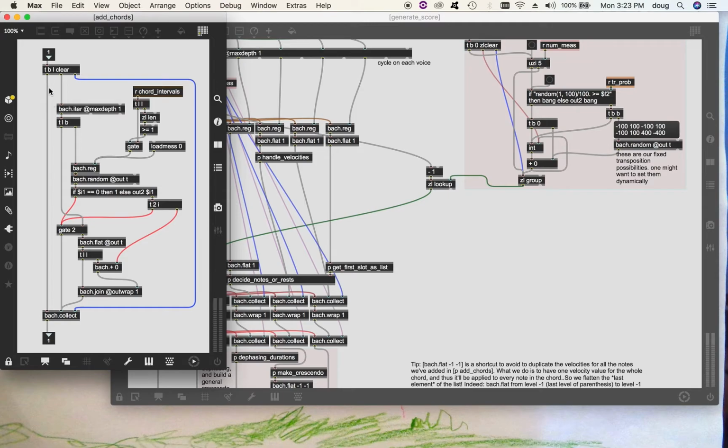So again, this might look kind of complicated, but let's take a quick look here. The current pitch comes in. They send a clear to the collect to erase the collection of notes from the last instance of a note coming through. And then that pitch, which is technically a kind of linked list, gets sent into the bach.iter object. If it's already a chord, then it will iterate through the numerous members of that chord. And then for when the note comes in,